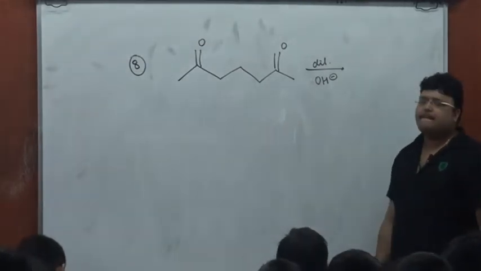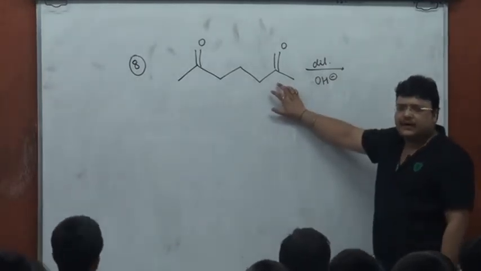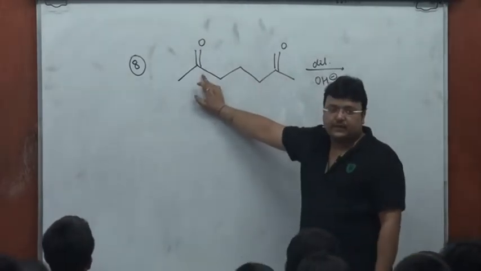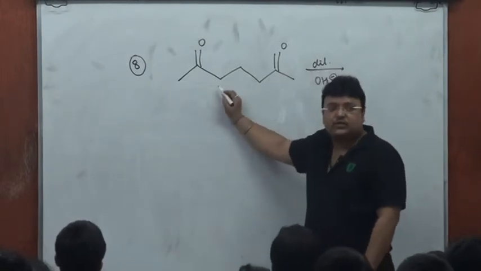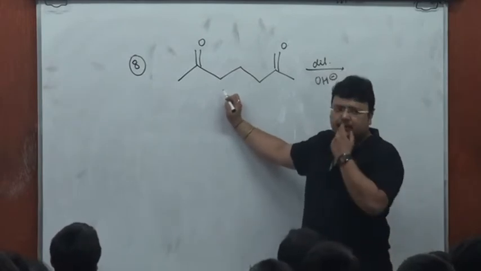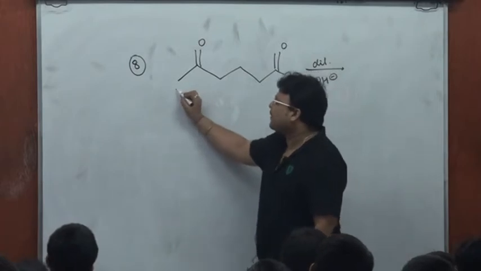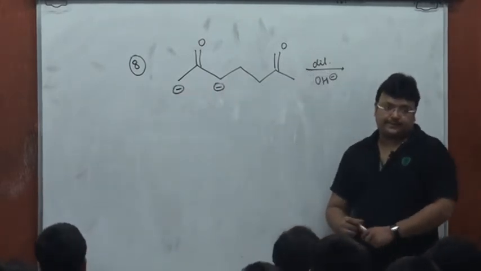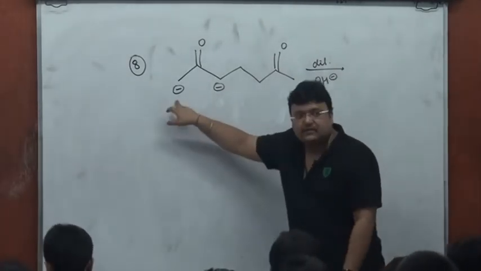Now, say I take this as the acceptor, then this is supposed to lose alpha hydrogen. Now don't you find 2 alpha carbons and 2 sites of alpha hydrogen loss? Yes or no? And instead of doing it 2 times, I'll again count upon your intelligence, and right away I would show you both possible enolates. There could be an enolate at this carbon or an enolate at this carbon.